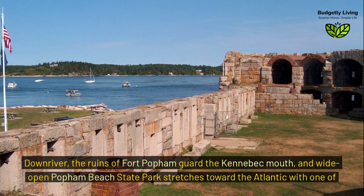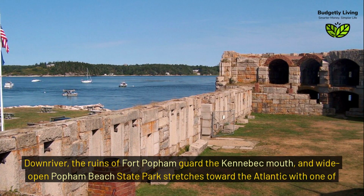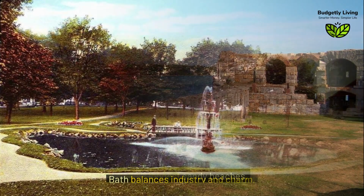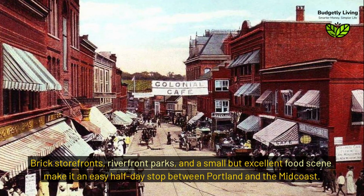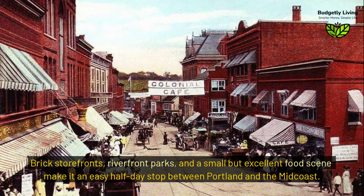Downriver, the ruins of Fort Popham guard the Kennebec mouth, and wide-open Popham Beach State Park stretches toward the Atlantic with one of Maine's longest sandy beaches. Bath balances industry and charm. Brick storefronts, riverfront parks, and a small but excellent food scene make it an easy half-day stop between Portland and